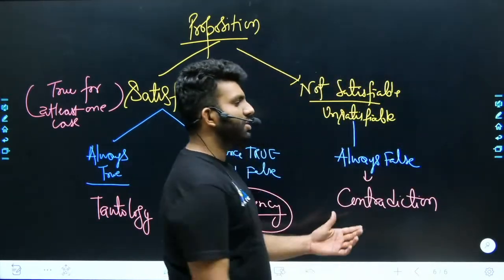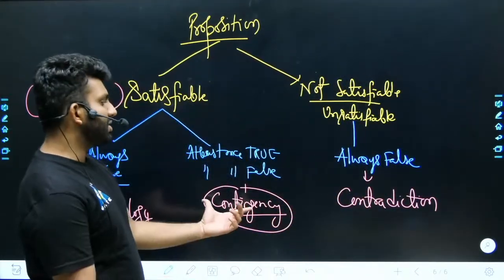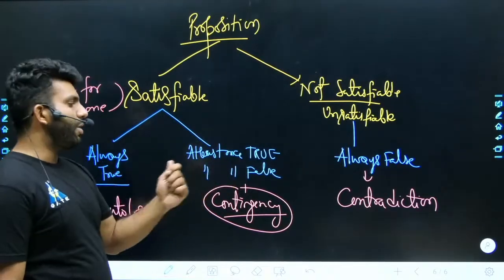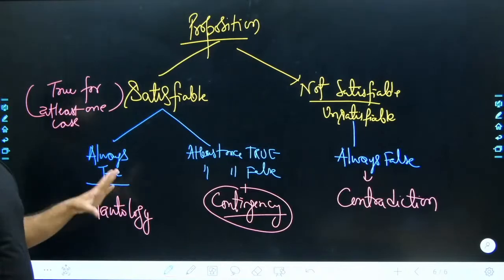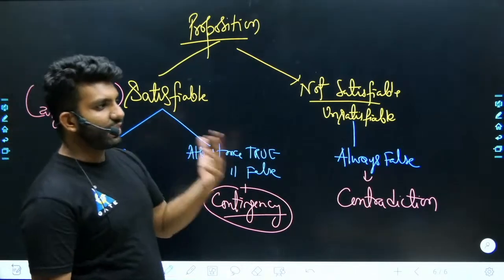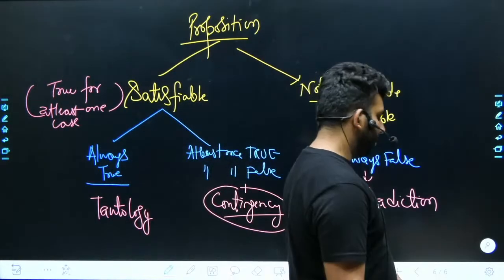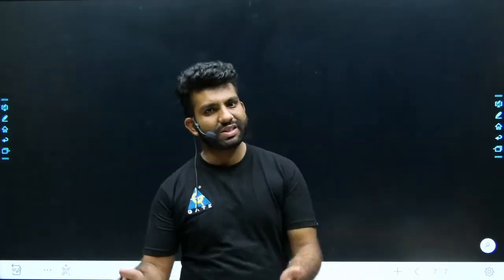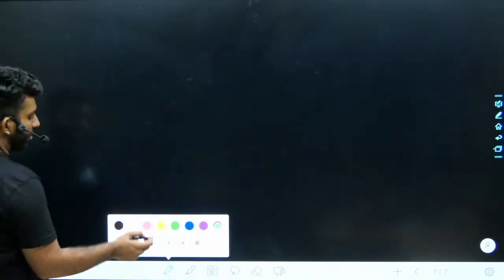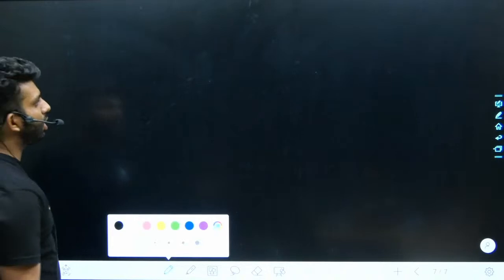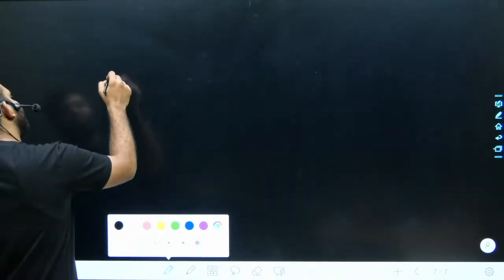So contradiction means always false. Contingency means at least one case of true and at least one case of false is there. Tautology means it is always true. Let's say for an example, this is going to be the last part of today's lecture. In tomorrow's session, we'll be starting with some English translation and good questions. For an example, let's take this one,